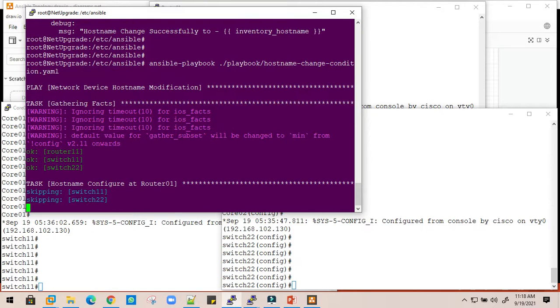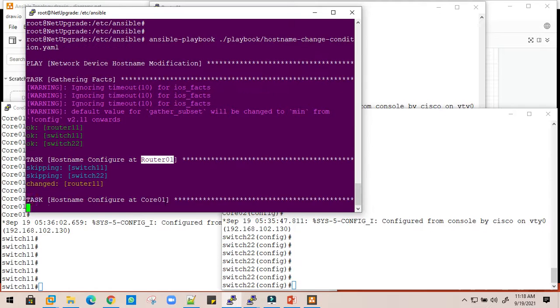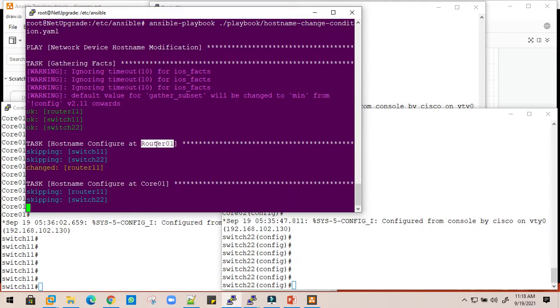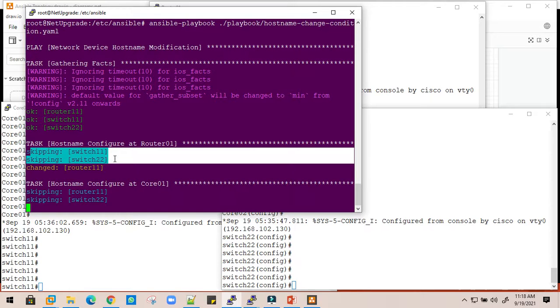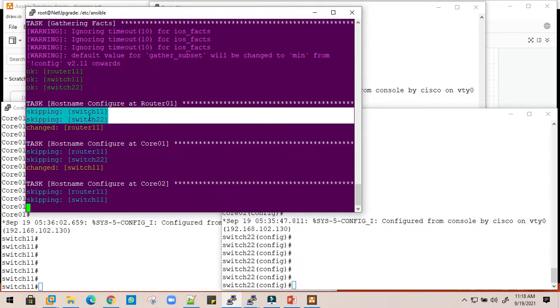So it's collecting the facts from all the devices, which is okay. Now it's executing the task which says configure devices of router 01. So now it is checking where router 01 is and performing the change on router 01 only, and the remaining tasks are going to be skipped. So it intelligently skipped those because the condition is not met for these two devices.